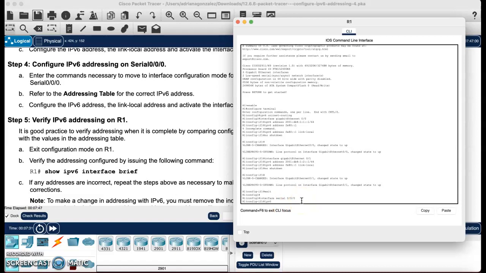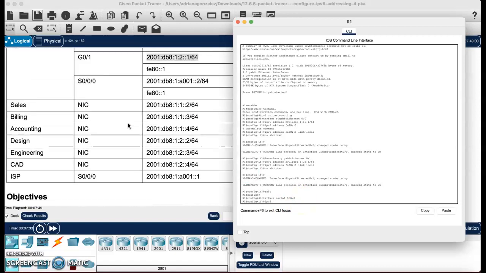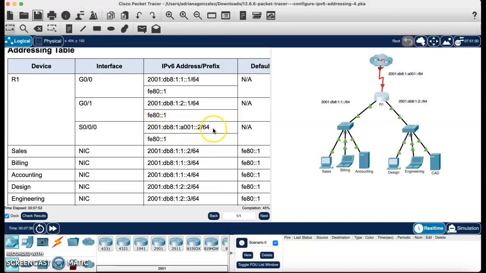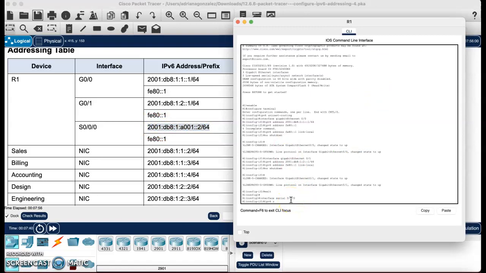Now we'll put in the IPv6 address, go back up to our chart, and here you can see it is right here. So we will put IPv6 address,